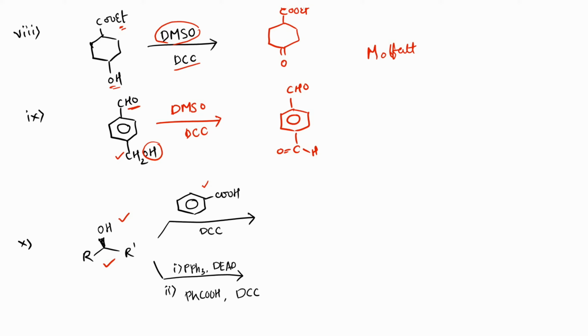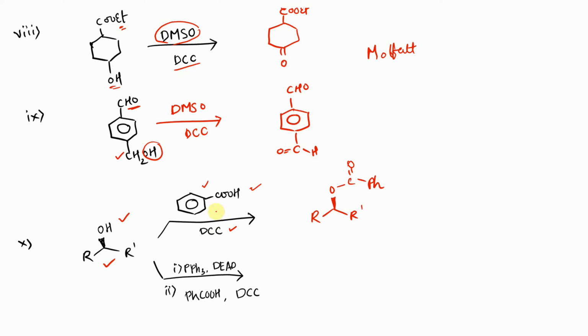Now in the first reaction, we have a carboxylic acid, that is benzoic acid, being treated with alcohol in the presence of DCC. What happens here is a simple, straightforward reaction. It will give us a product as it is in the reactant itself. That is, the stereochemistry will be retained because there is no involvement of two or three steps of a reaction. So therefore this will be C double bond O Ph.